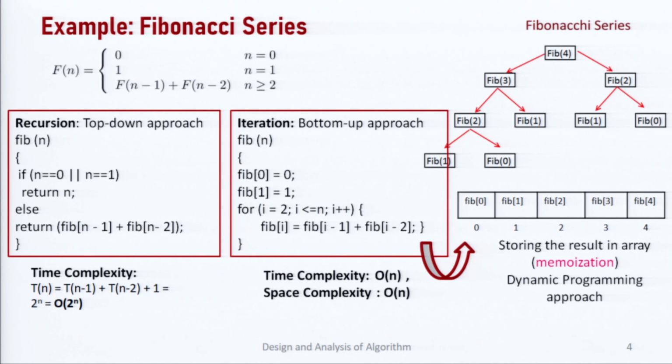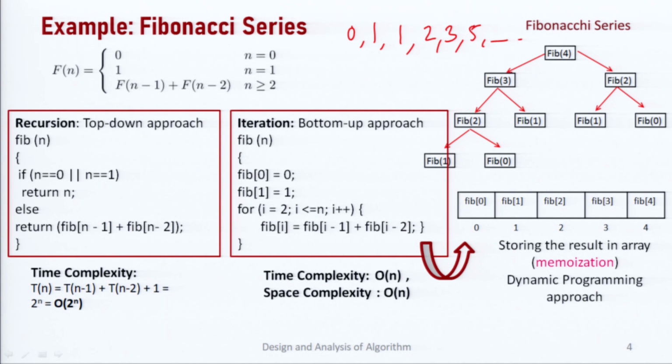Now, just see another application is the Fibonacci series. In the Fibonacci series, we already know that the first 2 terms are constant, 0 and 1, and the next term is obtained by adding the previous 2 terms. So, the third term would be obtained by 0 plus 1, that is 1. Now, fourth term 1 plus 1, 2. Now, the fifth term 2 plus 1, 3. Now, 3 plus 2, 5. And so on. So, in the Fibonacci series, the terms are obtained by adding the previous 2 terms.